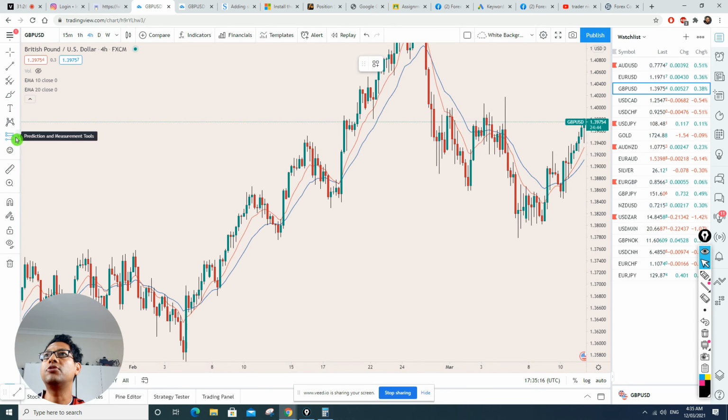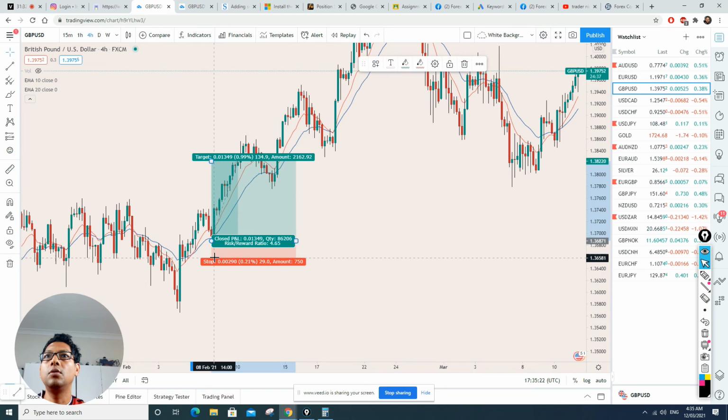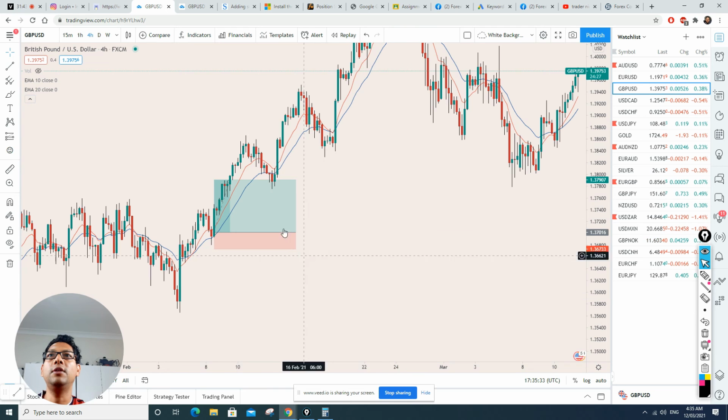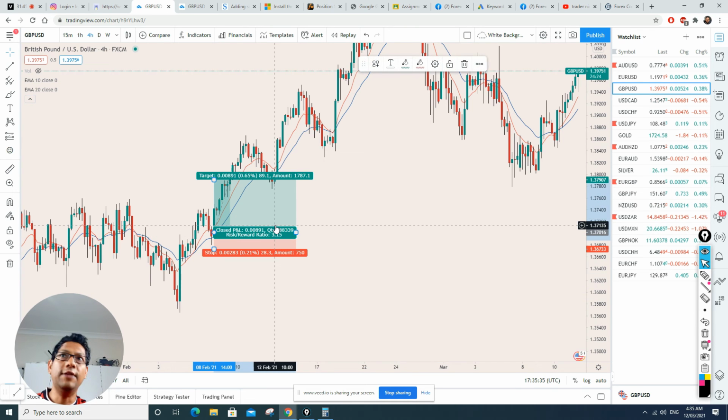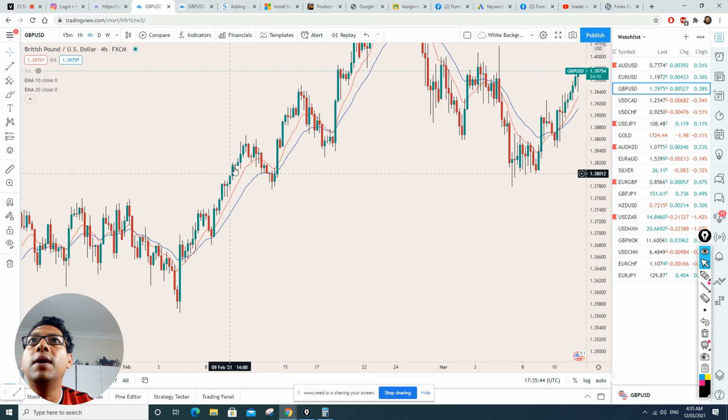Okay, take this long trade. This is your entry, stop loss here, and then say you close your trade with 1:3.1 or something like that. Okay, you got one trade here, and then wait for the next. So what happened is you took the trade and it has gone up, and then here again it came down